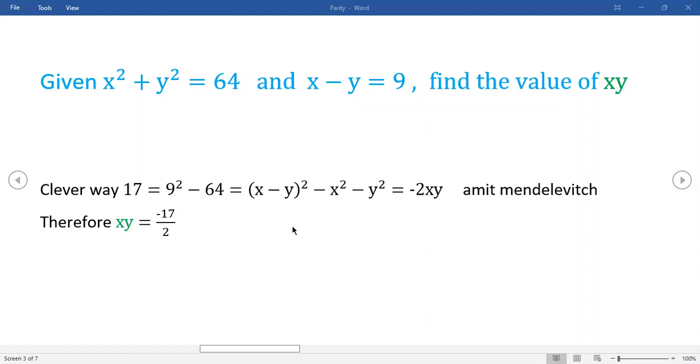All right, but the part that really makes this fly is this algebraic piece right here. You see, we are trying to find xy, not either x or y. We're just trying to find the product in one fell swoop. And the part that I like about this quite a bit is that Mendelevitch, I guess, noticed that you can write it this way. In other words, if you take a look here, x minus y squared,